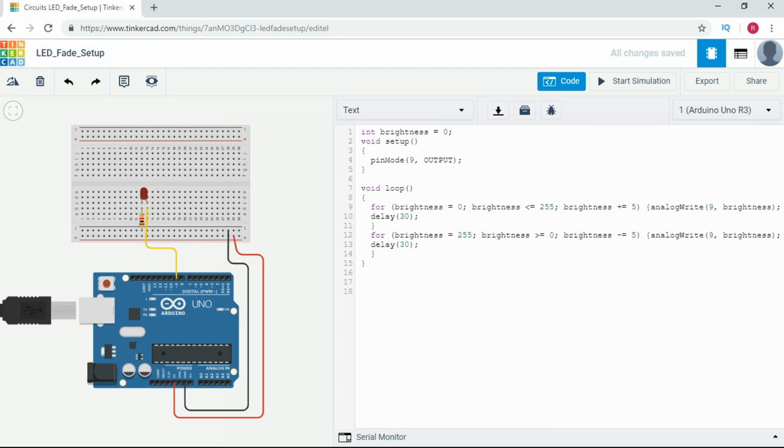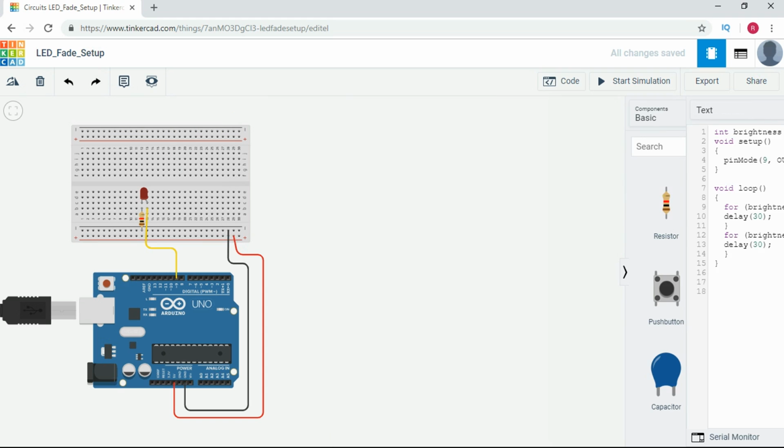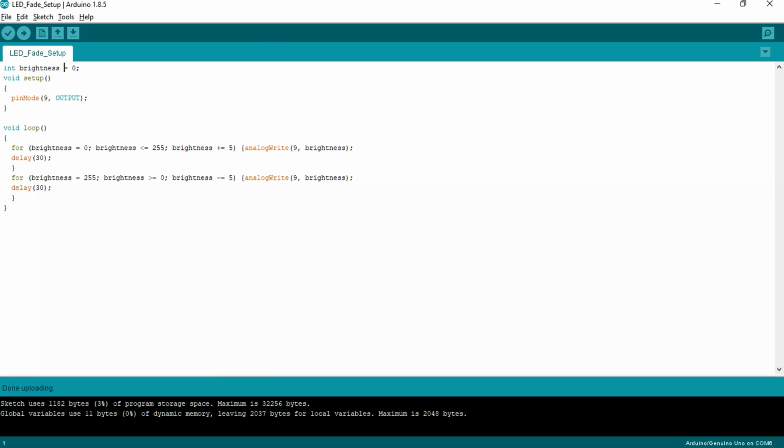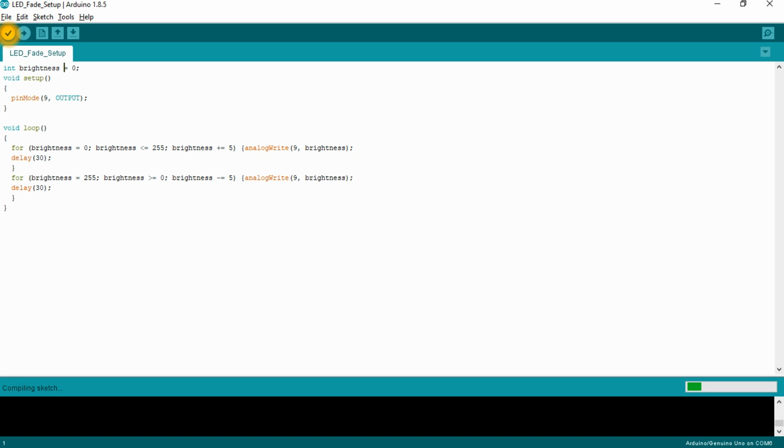So now we go to our Arduino software and we have inserted the code here. So next we just plug our Arduino in with the circuit already put in. We shall verify the sketch